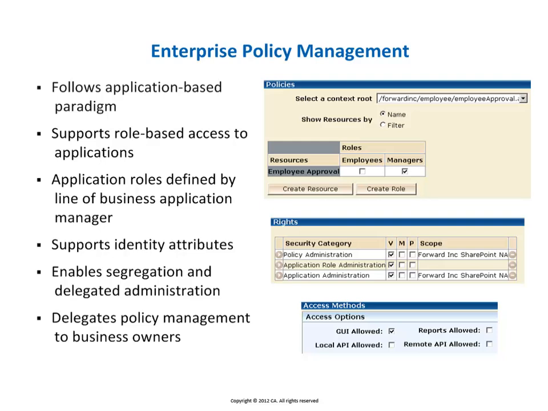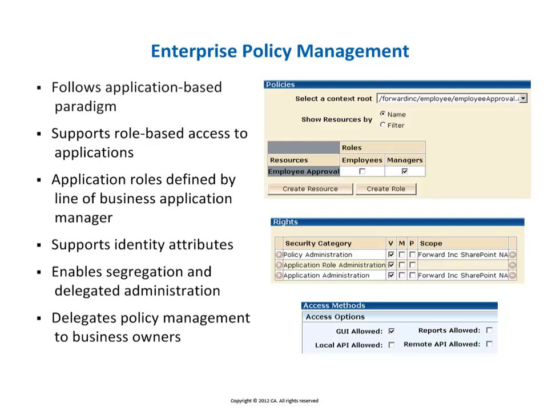SiteMinder support for delegation gives the ability to control what administrators are allowed to manage within SiteMinder and who can delegate which privileges. CA SiteMinder Agent Discovery can allow Forward Inc. to save time and administrative costs by displaying in one easy-to-read window the status, location, and associated policies on all your SiteMinder agents. It is now easy to see what agents are connected and in use, and which are orphaned